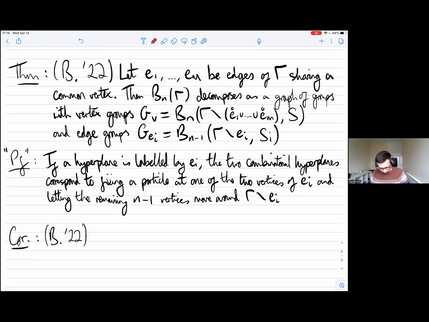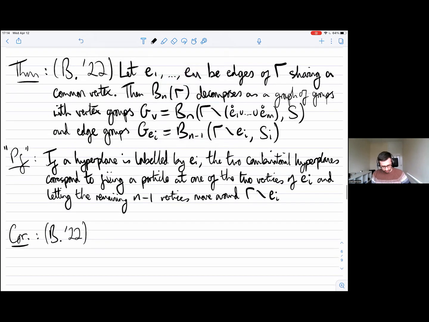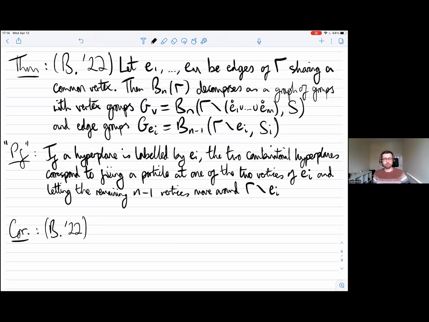Okay, so we also have some nice corollaries that we can derive from this theorem. So for example, we can obtain some criteria for a graph braid group to split as a free product. Okay, so if gamma contains an edge E such that gamma minus the open edge is connected,